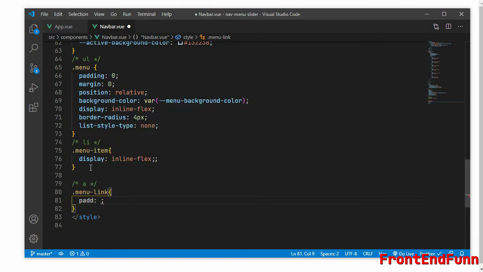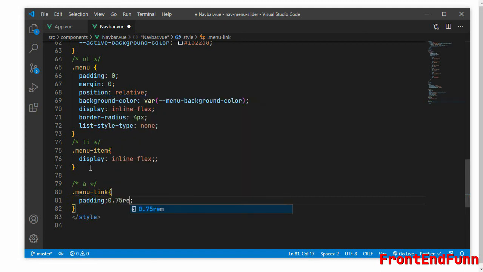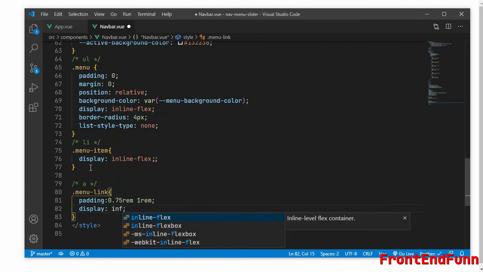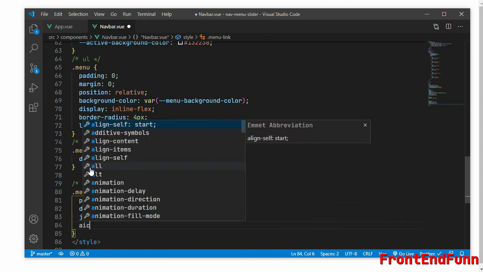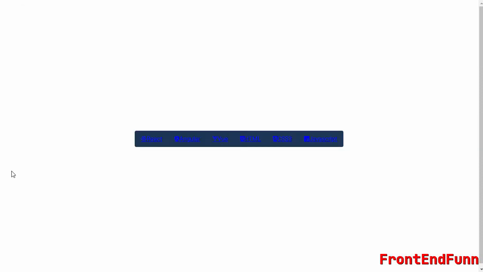We'll add some padding on top and bottom 0.75 rems and left and right 1 rem. I'll display it as inline flex and align items to center.